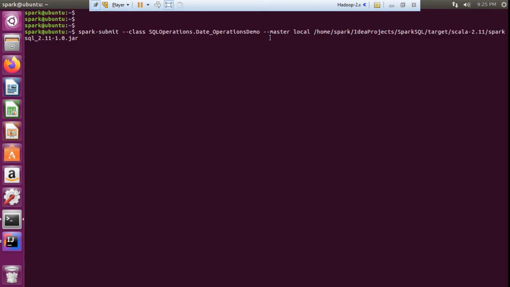Okay, then master local. Which mode do you want to submit this Spark job in? Local mode. And I am passing the complete path of that jar file.